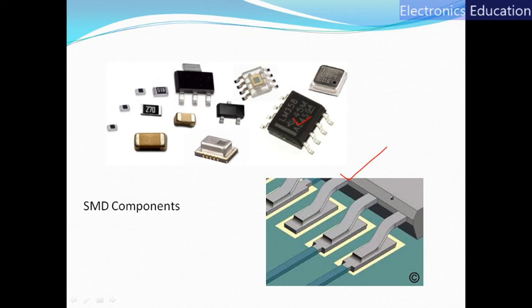Here we can see a component, this is an example of an IC. Now its leads are just placed on a pad. So this particular part is a pad, and here we have a component's lead. Now leads are placed on a pad. Instead of inserting leads into the pad, the leads are just placed on the pad, and now both can be soldered together. Here is a track which we will use to connect this particular component to another component as per the circuit needs.